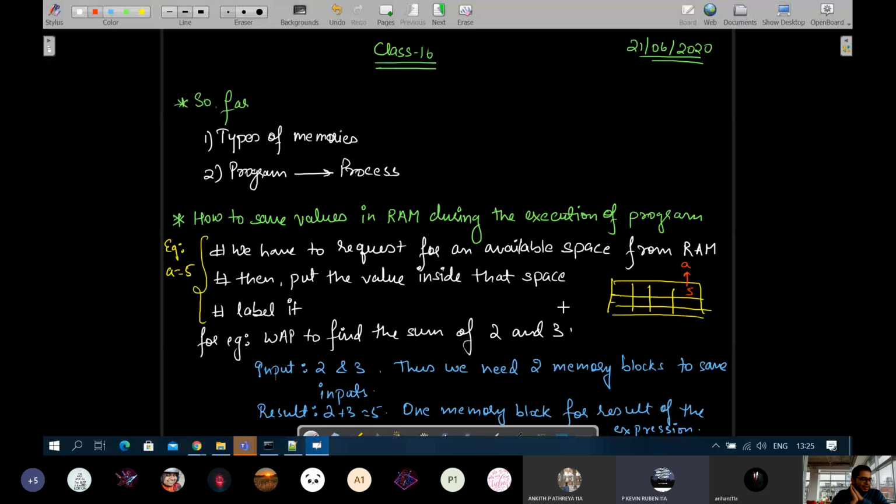How will you delete from the primary storage? Turning off the computer. No, that is the ultimate way. तो सब कुछ delete हो जाएगा. But let's say I want to remove one particular program from the primary storage. I just stop using that file, sir. Turn off the process. That is correct.